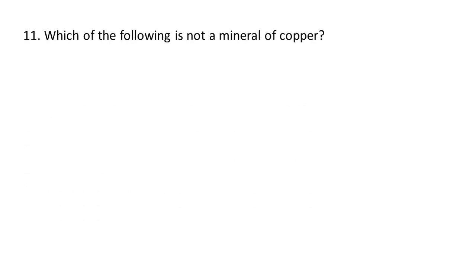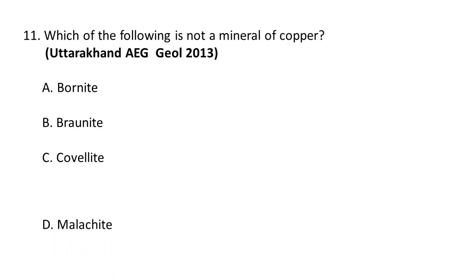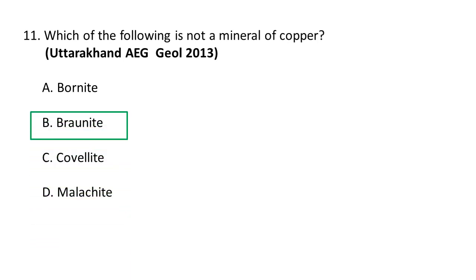Next question. Which of the following is not a mineral of copper? The choices are A. Bornite, B. Braunite, C. Covellite, D. Malachite. So the correct option is B. Braunite, whereas Bornite, Covellite, and Malachite are all minerals of copper, but Braunite is a mineral of